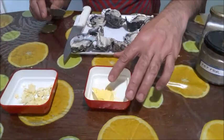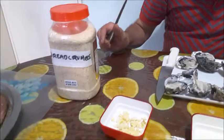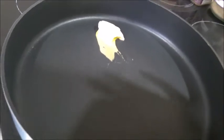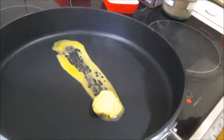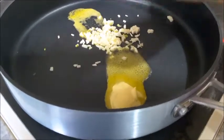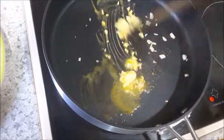And I've got 1 spoon of butter, 2 cloves minced garlic, a little pepper powder for seasoning, and salt, and then breadcrumbs. So now we'll start preparing it. Placed a pan and added the butter. Once the butter heats up, melts, I'm going to add the garlic. Just fry the garlic a bit, and then